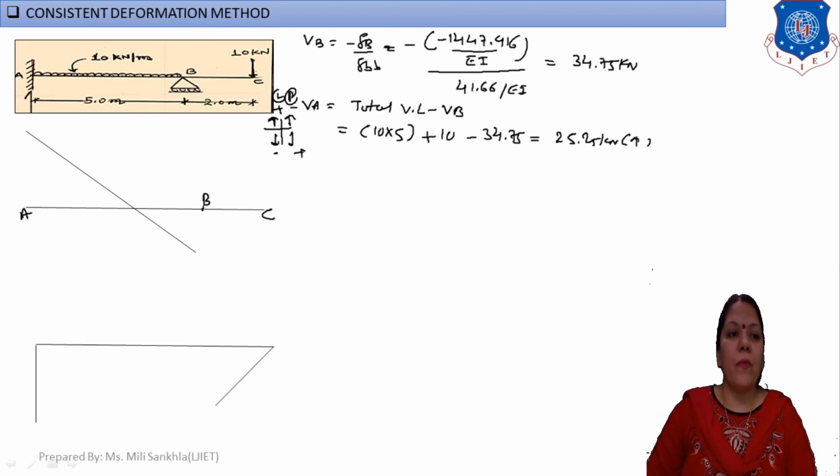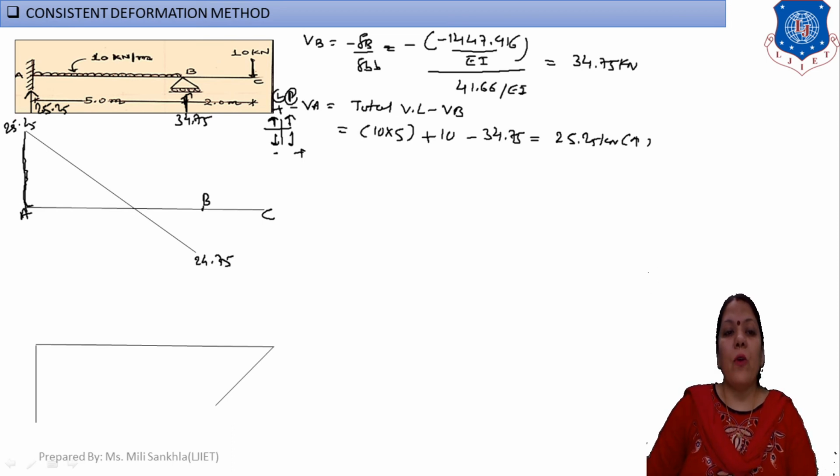Here we find VA is equal to 25.25 and VB is equal to 34.75. Now VA is on the left-hand side, upward, that means positive, so go up. Make the point here. This is our VA, 25.25. From A to B, minus 10 into 5, that means 25.25 minus this 50, answer is equal to